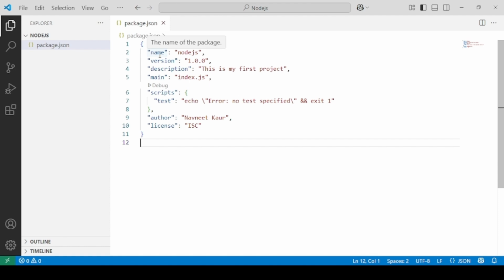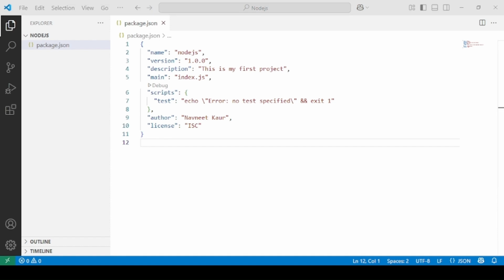By the way, we have already created this at the start because we will be needing it further in the lecture, because we might have to install a third-party module using the npm, and the information of that third-party module will be stored inside the package.json. So we require those dependencies so that when we are working as a team, the dependencies should be there, and our teammates should know what are the modules which are required in order to run this project.